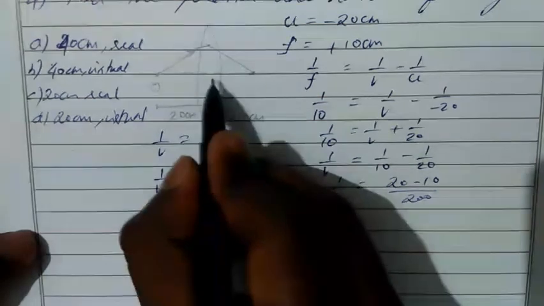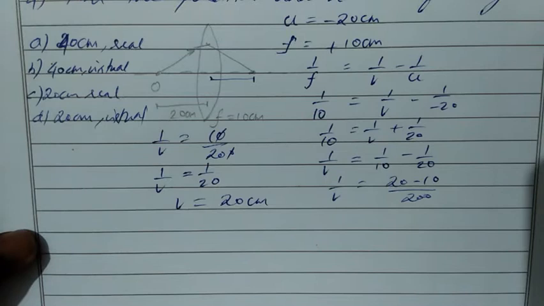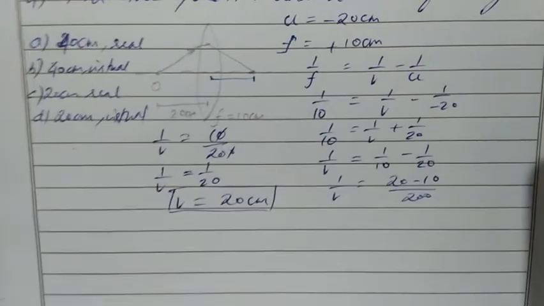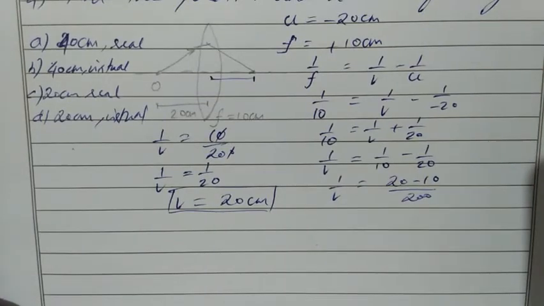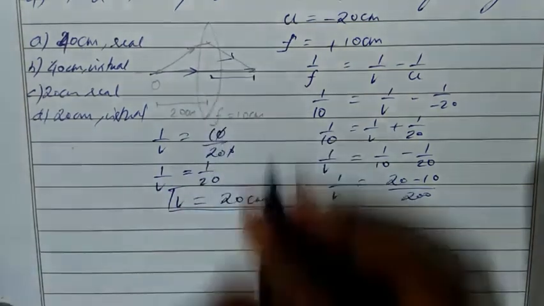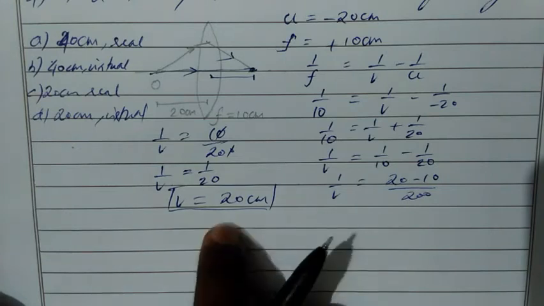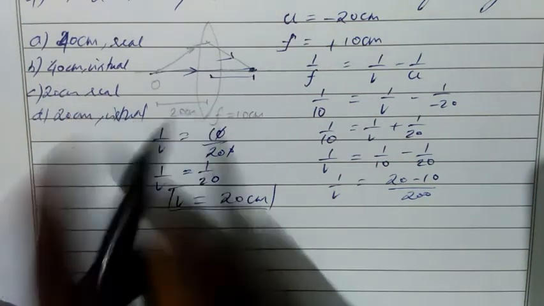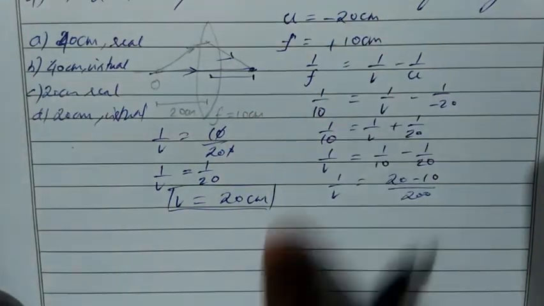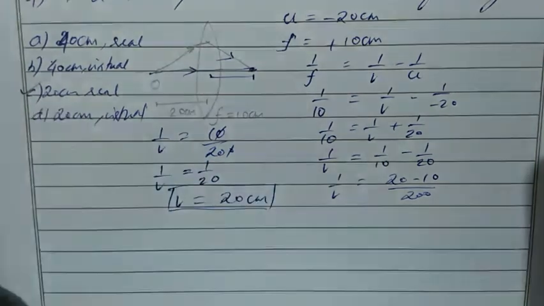Okay, so we have positive value because the image will formed at right side of the lens. So plus 20 will be our answer. And what is the nature of the image? Does it actually meet? Yes, it is actually meet. So actually meet, we have real. Okay, so 20 centimeter and real. And we have another trick, both sign is opposite, then we have real image. Here u negative, v positive, so real. So 20 centimeter real, option C is correct.